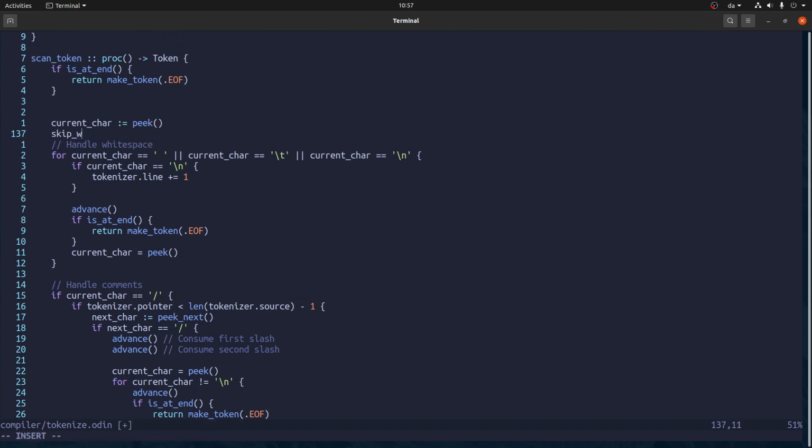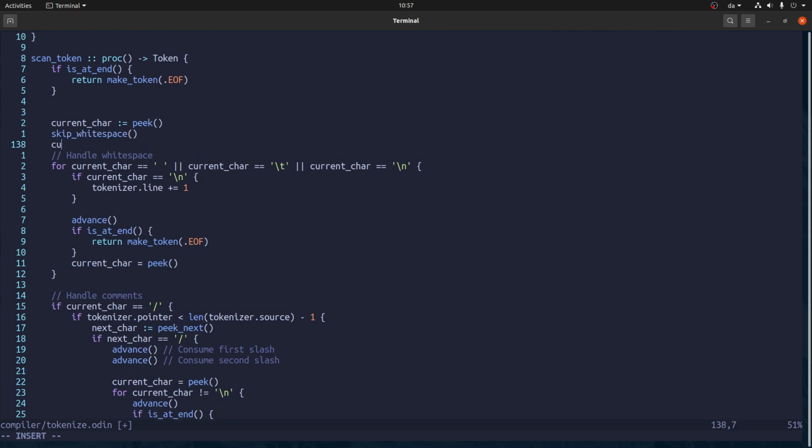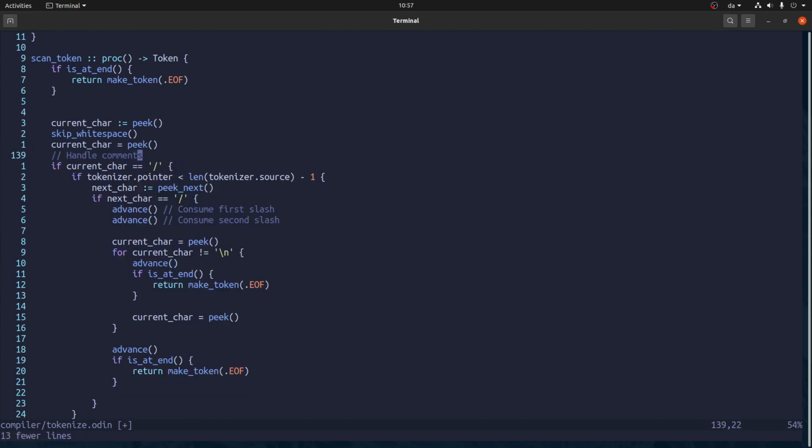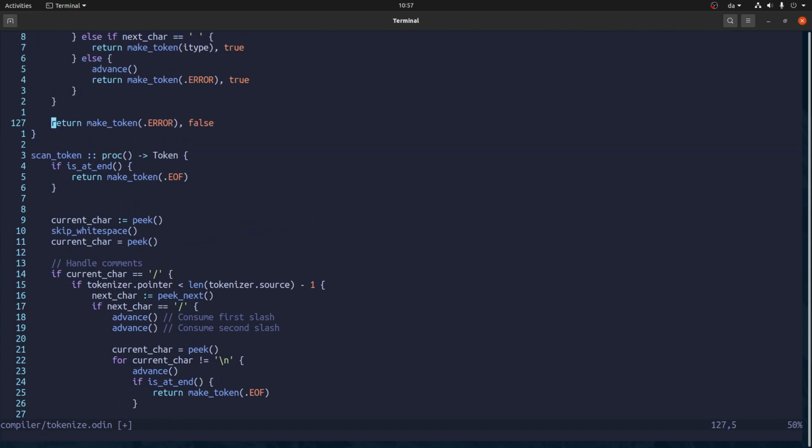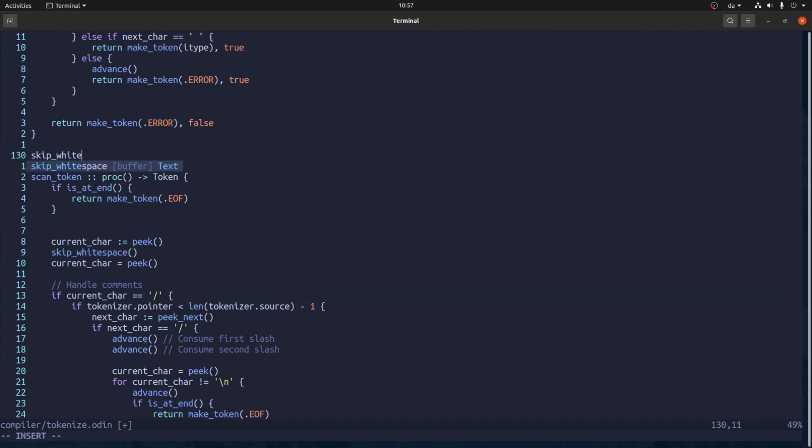Maybe we do that, skip white space, and then because it can skip things, we have to remember to make sure it's updated. So skip white space.